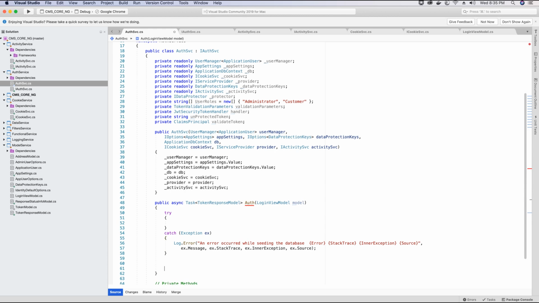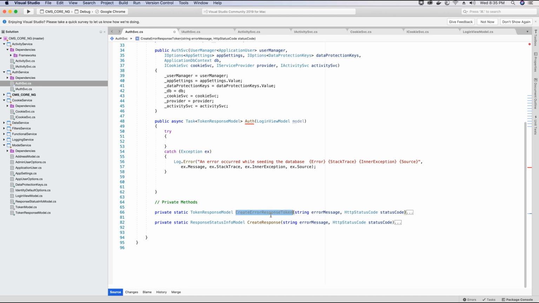Now, if there is an error, we will log the error, and finally we are going to return an error response back to the user. And we can do that by just calling this extension method we just created. All we need to provide is a message in the parameter and the status code. So the status code will be unauthorized 401. So we are just going to return a response of 401 because our services are either not working or something in our application has failed. There is a bug we don't know. So we'll just return unauthorized so that the user cannot log in while the application is probably down or